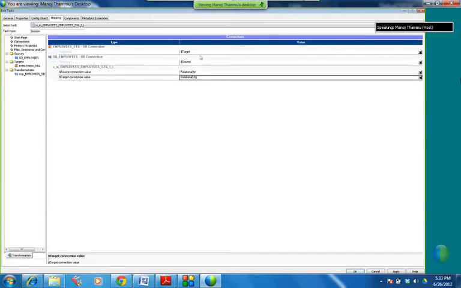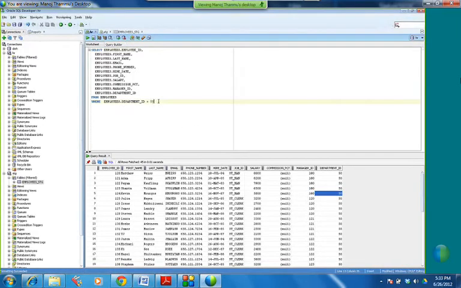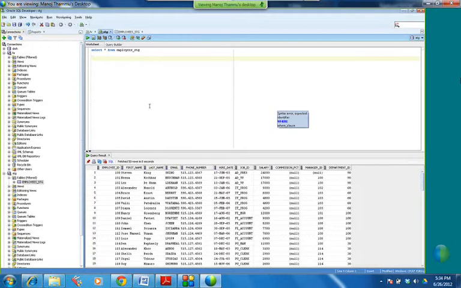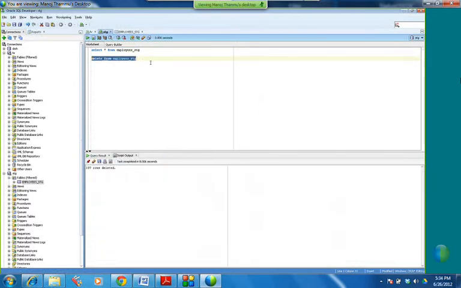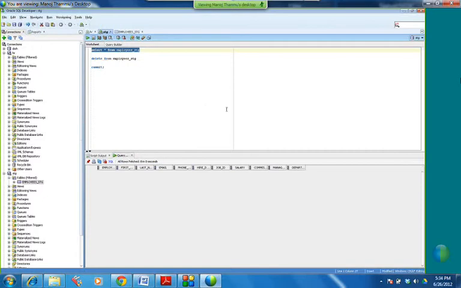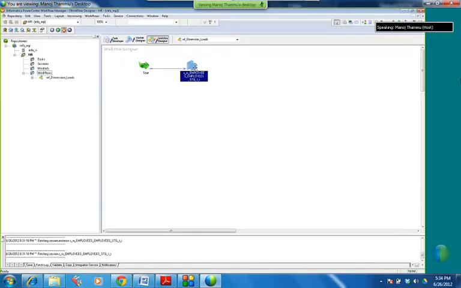This is source. This is target. Let me check the target table once. So let me manually delete. So I deleted the data manually.